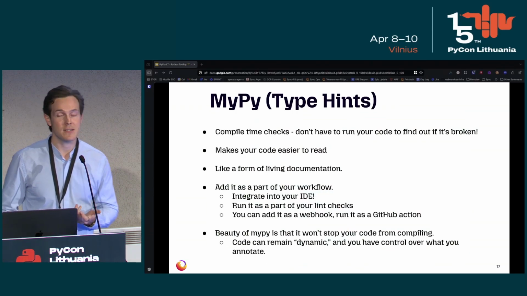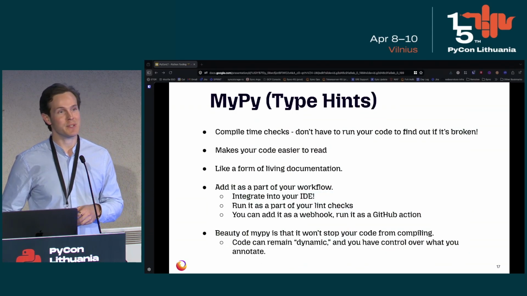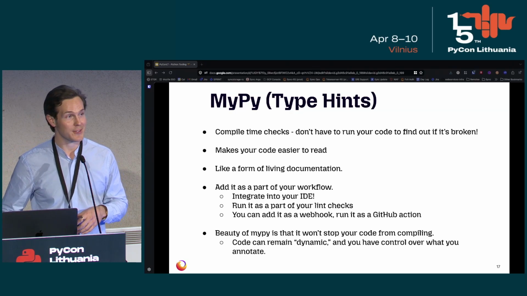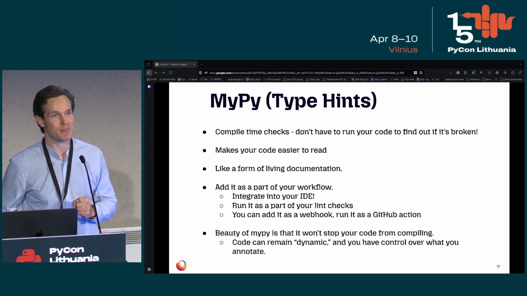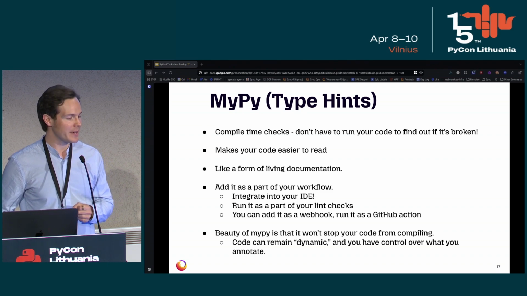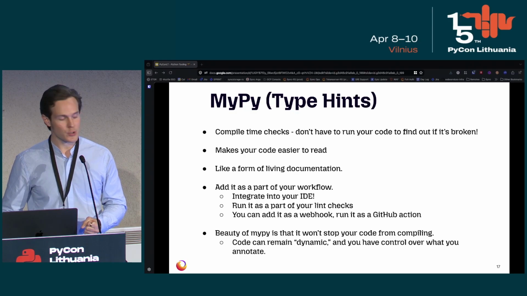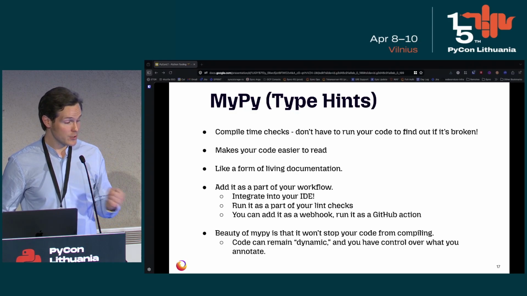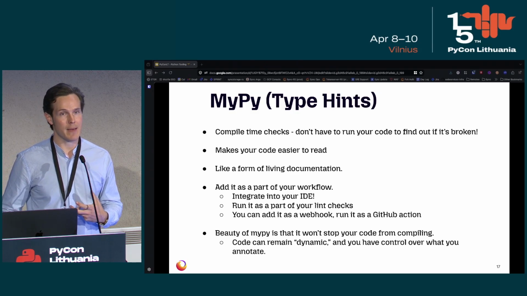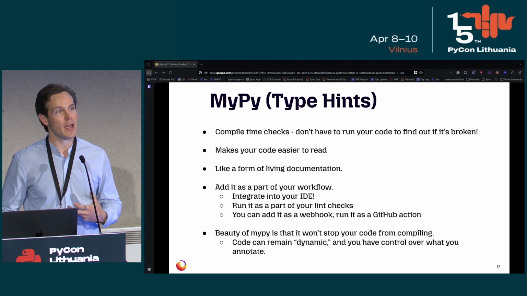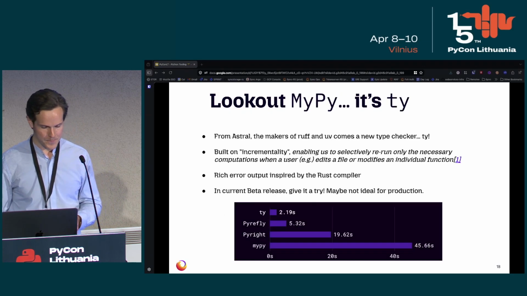And the beauty of it is, you don't have the enforcement of the Rust compiler. Anyone who's worked with Rust, I know, obviously says the compiler is their favorite part of using Rust because it's always barking at you for every little mistake you make. With using MyPy, alternatively, it's not going to prevent your code from running, but it will give you that level of assurance. You can integrate MyPy into your IDE. And again, your code can remain dynamic, so you can retain the duck typing benefits of Python without having to sacrifice anything.